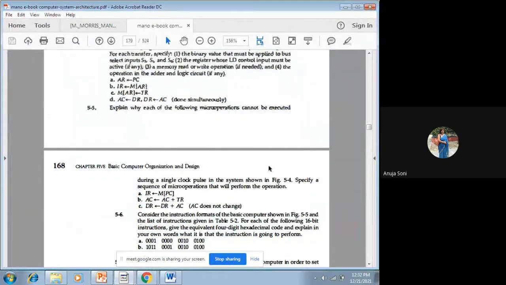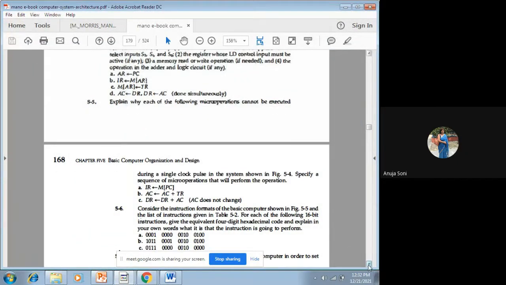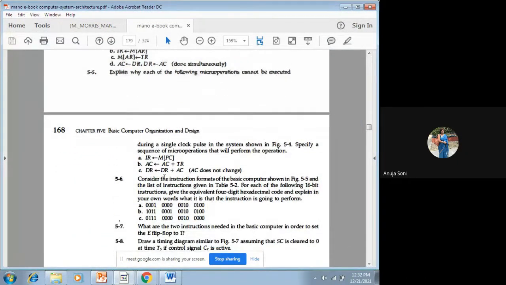गिवन स्टेटमेंट हमें क्या कह रही है? कि आपको एडिशन करनी है DR और AC की और रिजल्ट डलवाना है DR में, लेकिन हमारे पास जो गिवन कनेक्शंस हैं, उनमें रिजल्ट AC में ही जाएगा। तो AC में अगर हम डलवा दें और उसके बाद डायरेक्ट इंटरचेंज वाली स्टेटमेंट, स्वैप वाली, को लिख दें, क्योंकि अल्टीमेटली हम स्वैपिंग ही तो कर रहे हैं कि DR के कंटेंट्स AC में आ गए, AC के कंटेंट्स DR में आ गए।